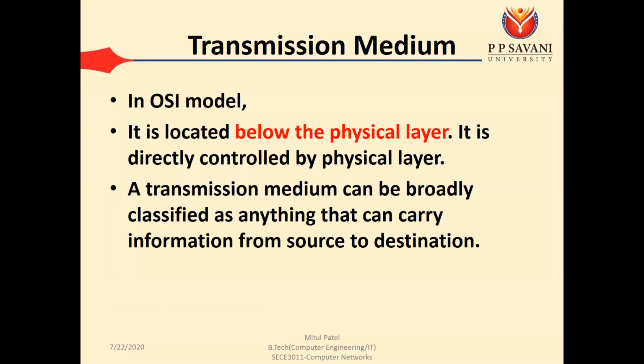Okay, in FDM we are dividing our channels based on the frequency, and in WDM we are also using the frequency, but with higher values. For example, in radio transmission we are using FDM, but in fiber optic transmission we are following WDM. And the third one is TDM, time division multiplexing. In network to network communication we are following TDM.